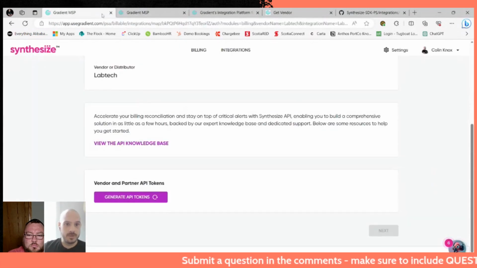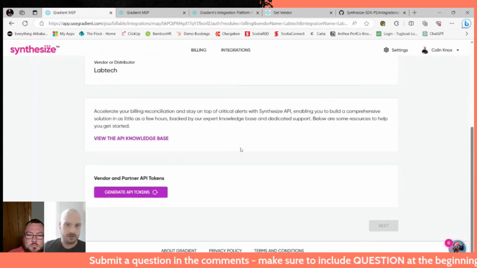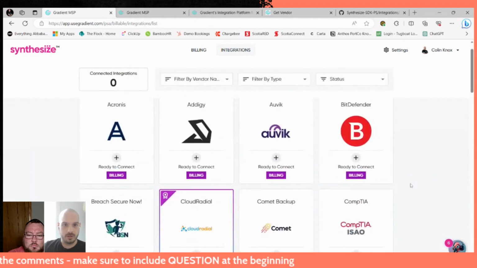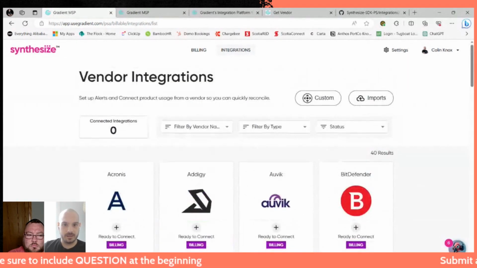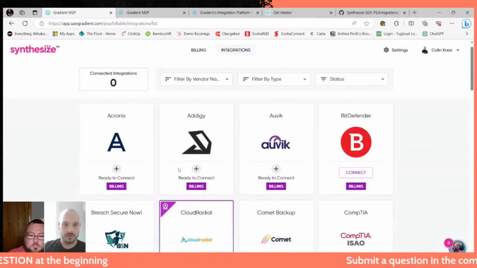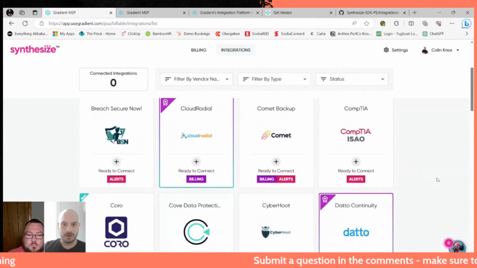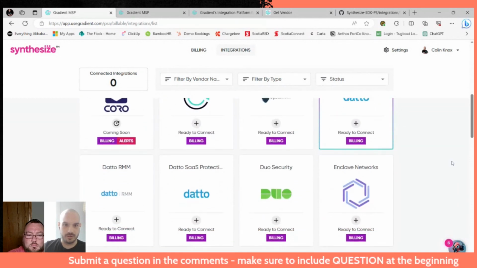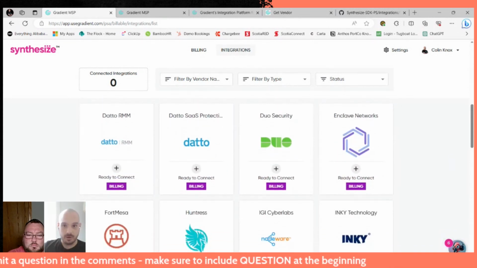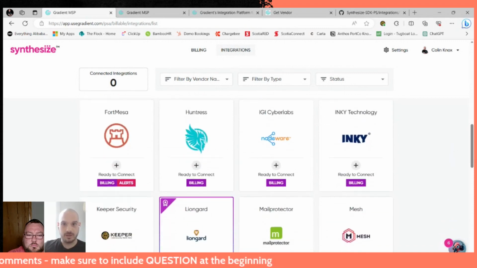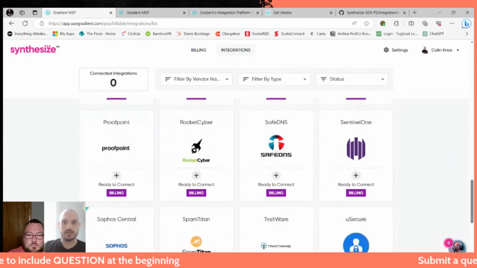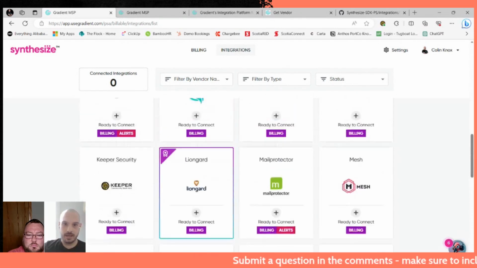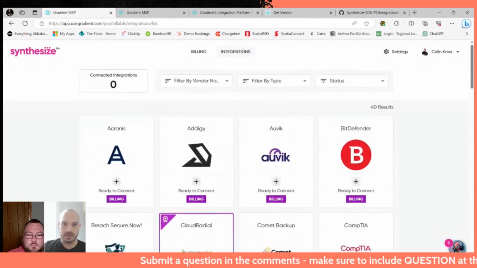So, when I come in here, obviously you've got your token, but when I go back to integrations here, when we look at stuff, things that have been built in collaboration with partners, Acronis was built in collaboration with a partner. Cove Data Protection was built in partnership with one of our partners. The Datto RMM was, Duo Security was. So a bunch of these were actually built in collaboration with our partners and published to make available for any of you to use after going through our vetting and QA process.